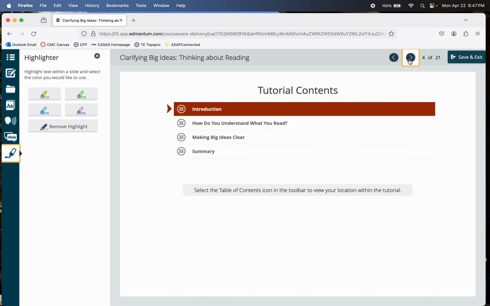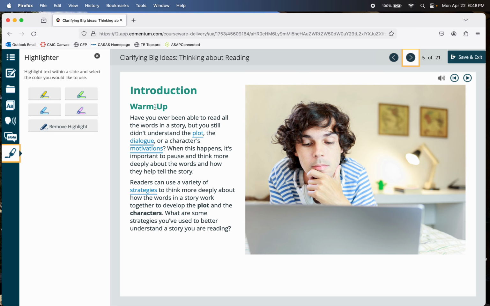So then you go through the course just by clicking these arrows at the top. When there's something to read, there's also this play button at the top right that will read it to you. Introduction, warm-up. Have you ever been able to read all? You can click pause if you don't want to hear the whole thing. And then you can highlight things as I have just done,